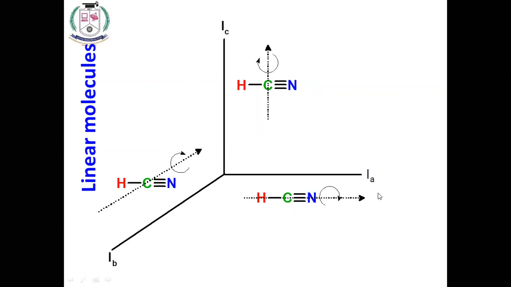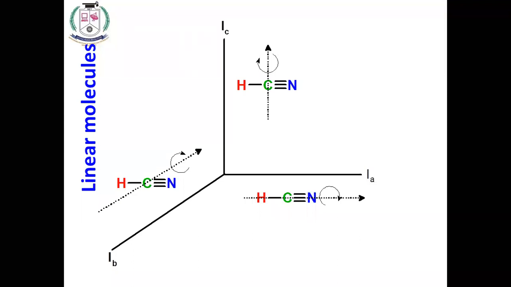Now there is no effect of hydrogen, carbon or nitrogen mass. There is no effect of radius. That's why, with I equal to mu r square, IA is becoming 0. But if we come to the IC and IB, what happens? Now definitely the influence of hydrogen and nitrogen mass will be there on the moment of inertia. Definitely the moment of inertia will be influenced by hydrogen and nitrogen.